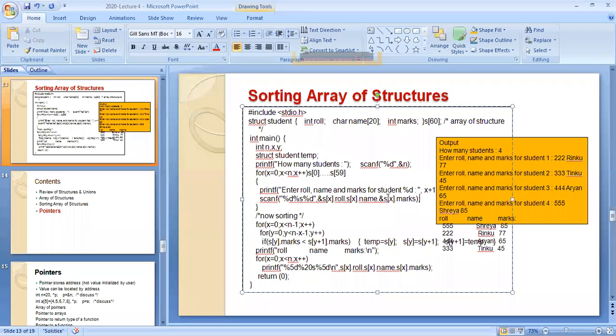Once you give all the values, what is to be done? You have to sort. So how are you going to sort? The sorting will start here. Now it's your question part. According to bubble sort, x is equal to where and y is equal to where? Kindly answer here. Where will x start and where will y start?